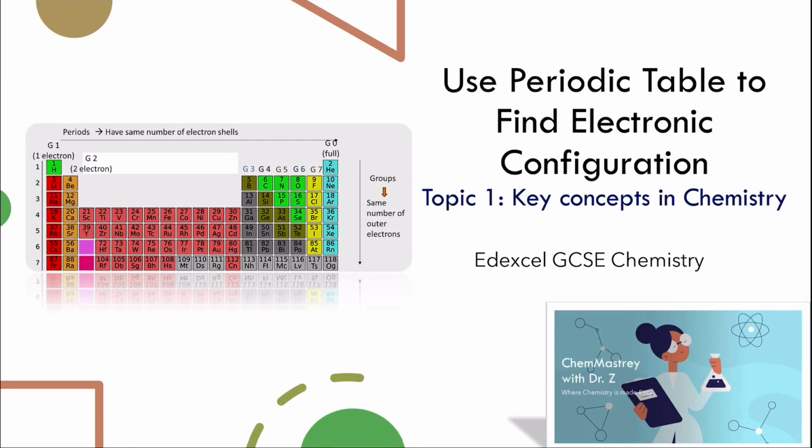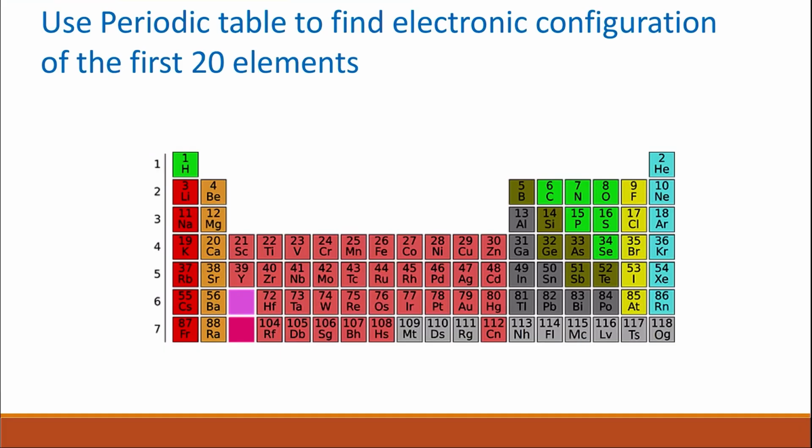How to use the periodic table to find the electronic configuration of the first 20 elements in the table. Remember that the periodic table has the elements arranged in order of increasing atomic number. They have been split into periods, which are the rows, where we have period 1, 2, 3, and 4, and